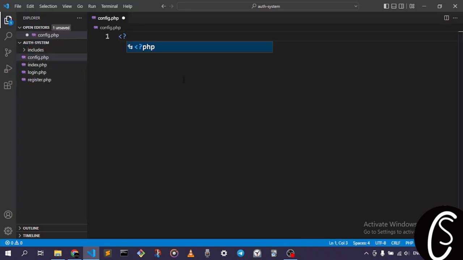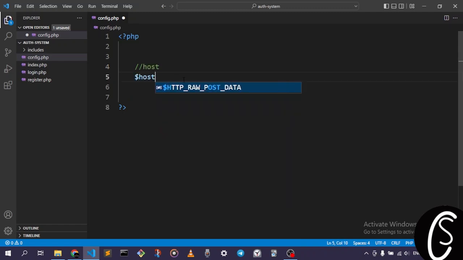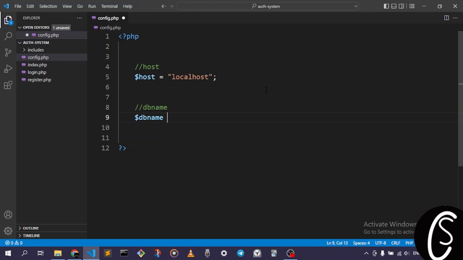right, and if we go ahead and set our own credentials, in PHP, maybe the first thing that we need to do is host, which is equal to almost always localhost, and the second thing is the DB name, which we did not create just yet. So if we go auth-system,